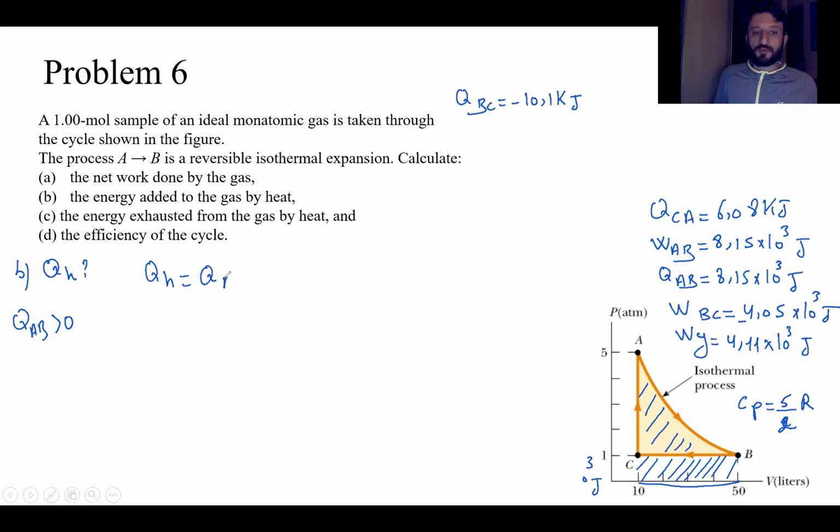So we have QAB plus QCA, which is equal to 6.08 kilojoule plus 8.15 kilojoule. We can say we have about 14.2